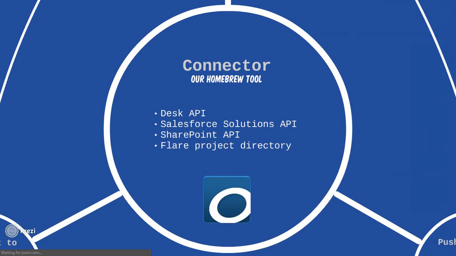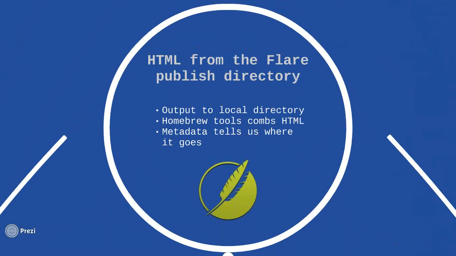When we use Flare to publish content, we do it just like you probably do if you use Flare. We build the project first, then we publish it. But instead of FTPing it up to some server somewhere, we publish it to a local directory. When we do that, we can use our Homebrew tool to comb through the HTML and read all the metadata that's in place. So all those tags I just showed you are used here to give our Homebrew tool information